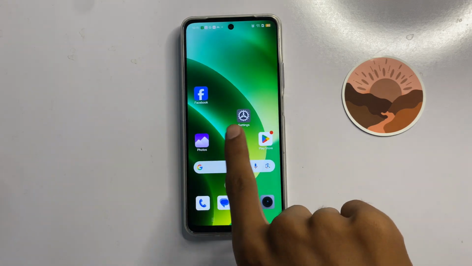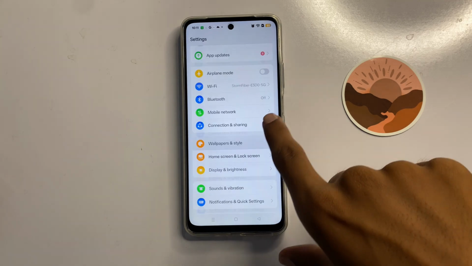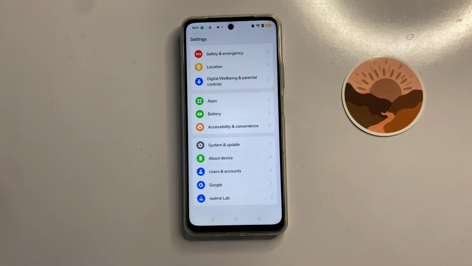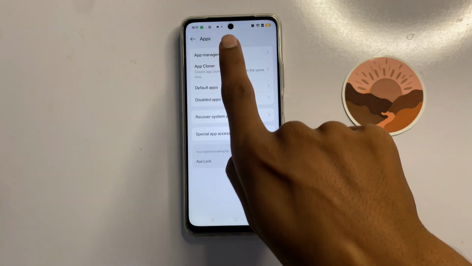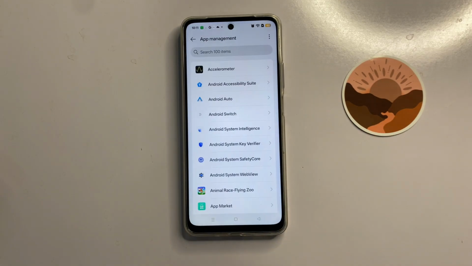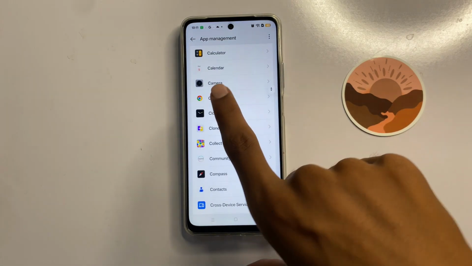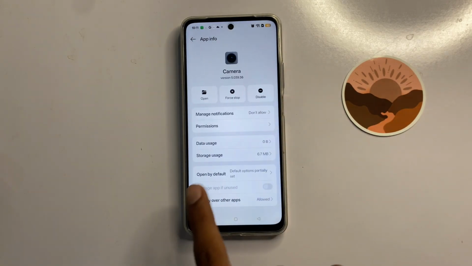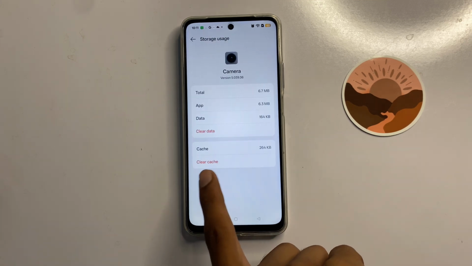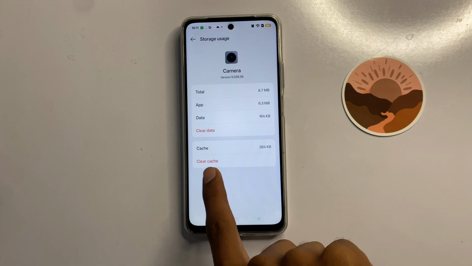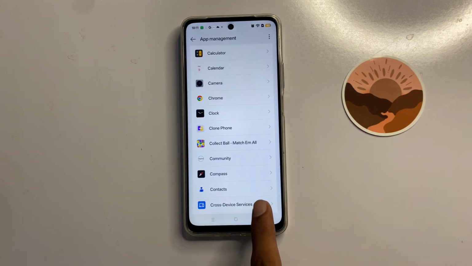First of all, open settings. In settings, scroll down and here you can see the option apps. Now click on apps and then click on app management. Now scroll down and click on camera and click on storage usage. Now here you can clear the cache memory of your camera. After clearing the cache memory, go back to the main page of your settings